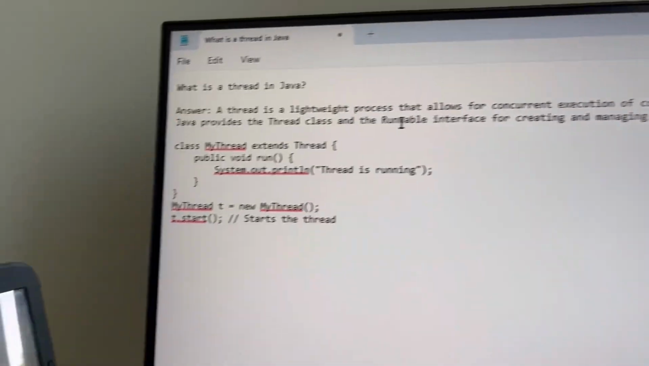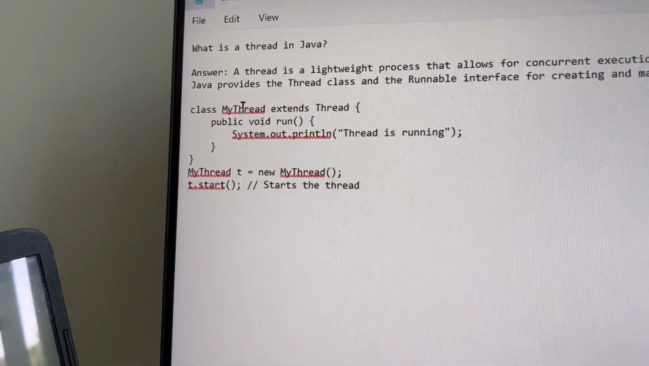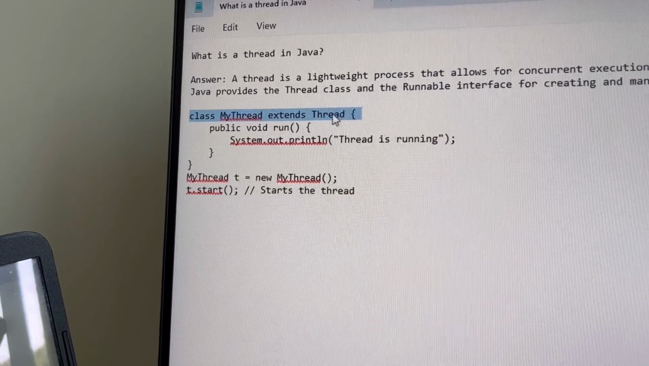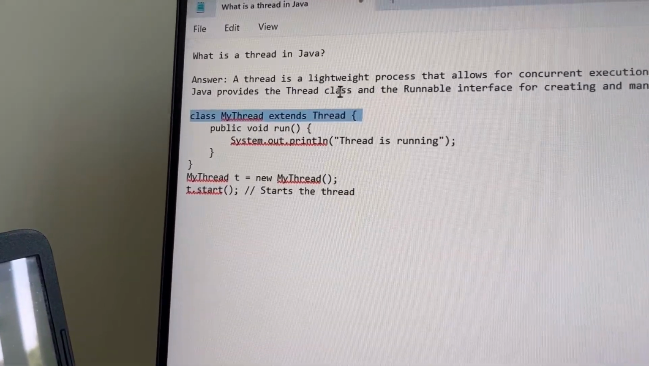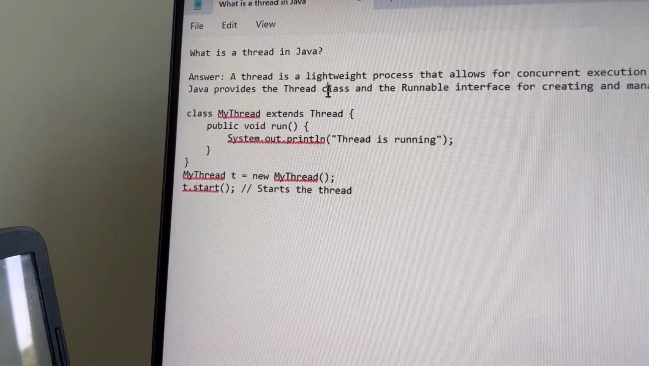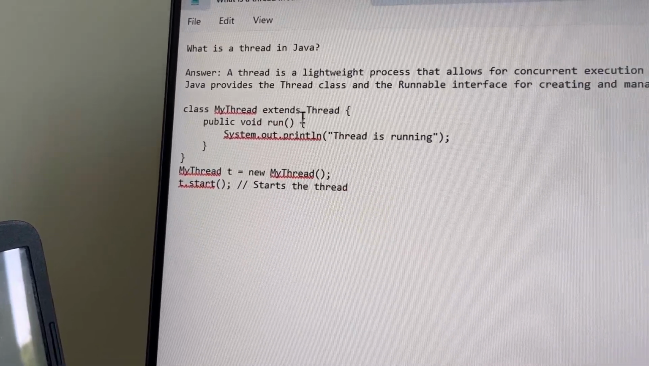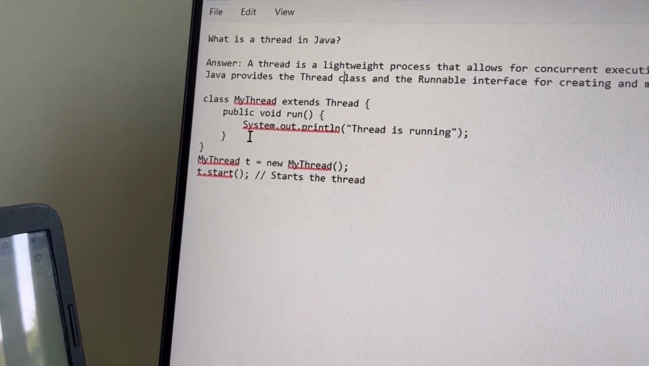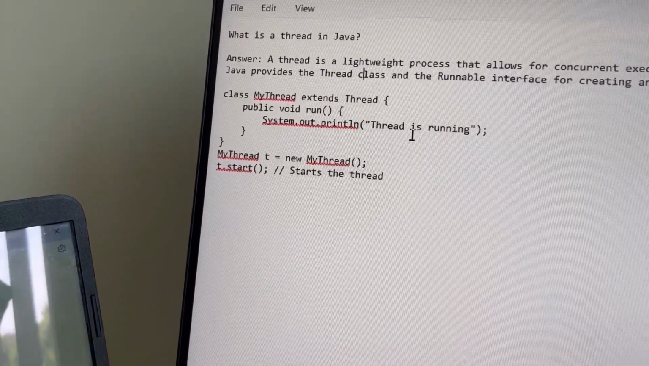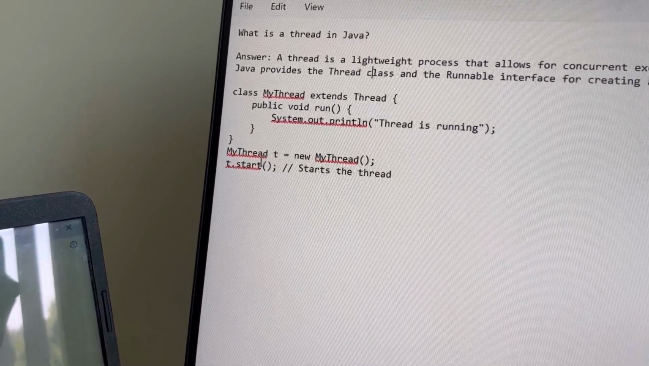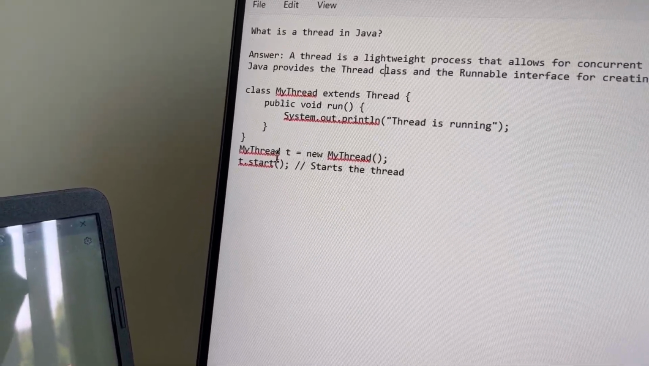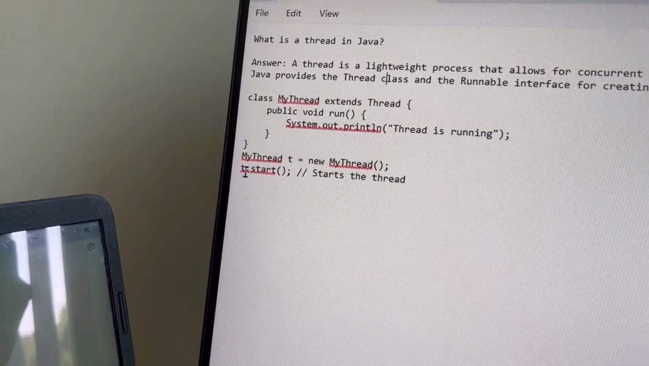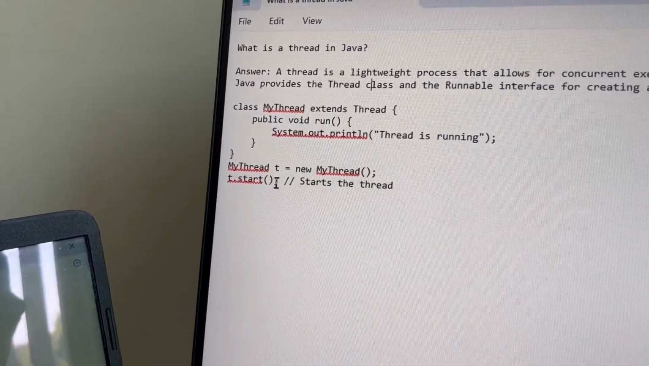Now let's go through this example. My class name is MyThread. It extends the Thread class. Here we have written, right, the Thread class is for creating threads. So the class extends the Thread class, and in the Thread class we have a method called run. It is nothing but the thread is running. So we will call it now. MyThread is the class name, the object is new MyThread, and object.start. So it starts the